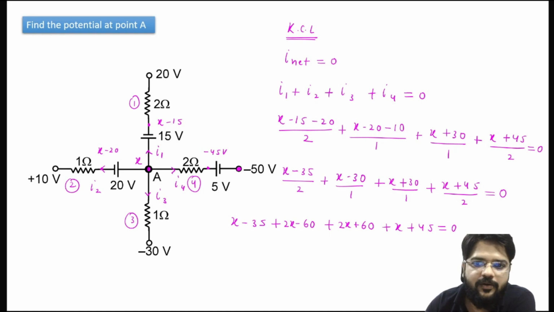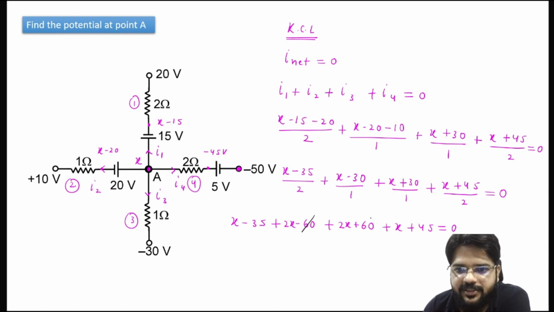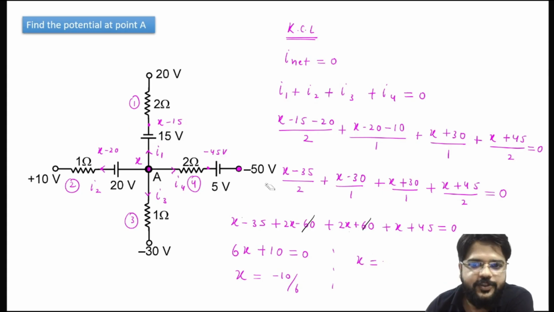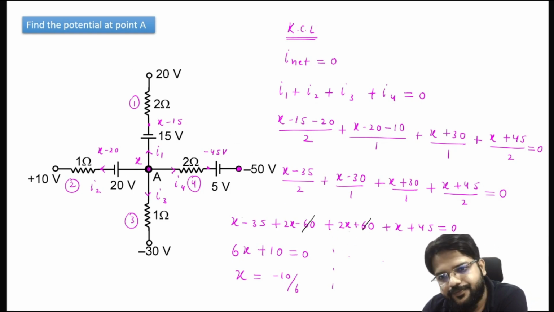Okay, now this minus 60 and plus 60 will get cancelled out. This is 2x, 2x, x, so 4x, 5x, 6x. So we are getting here 6x minus 35 plus 45, so it is plus 10 equal to 0. So x equal to minus 10 divided by 6, so it is x equal to minus 5 by 3. So finally, x equal to